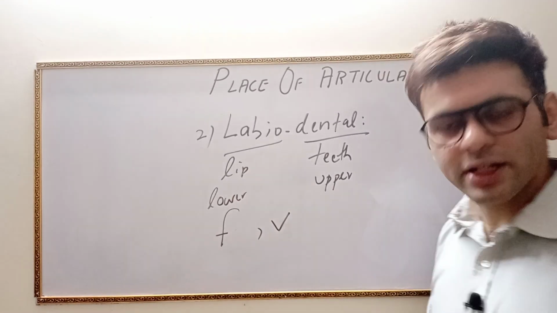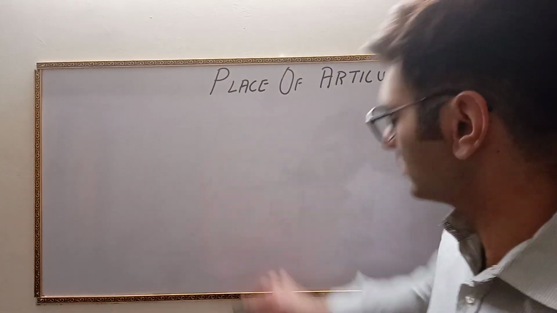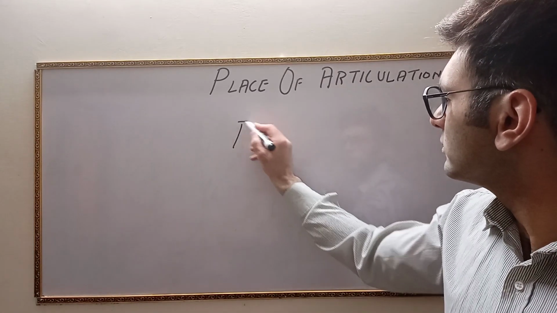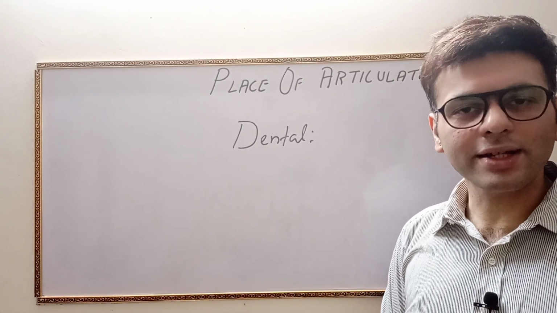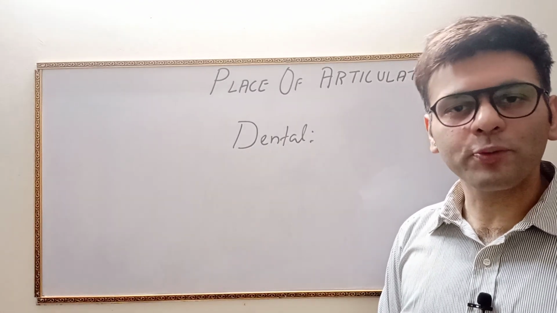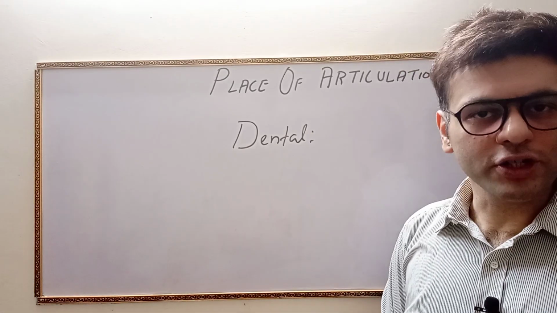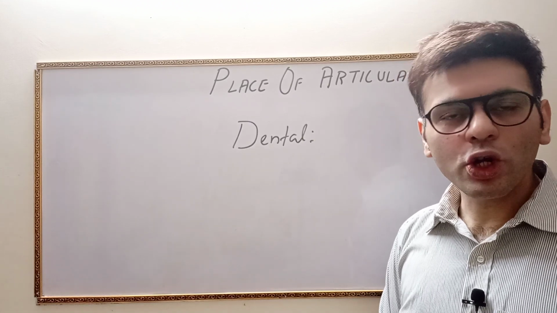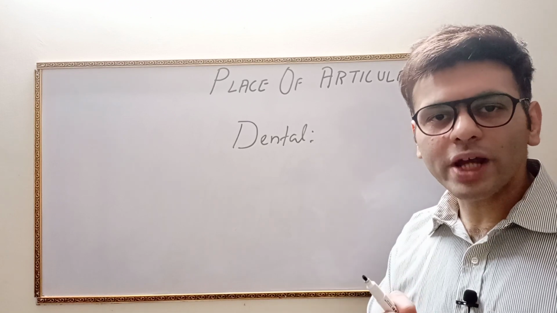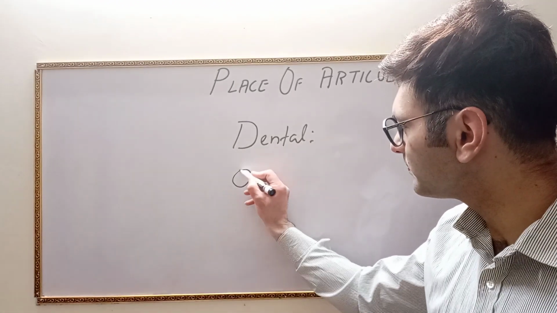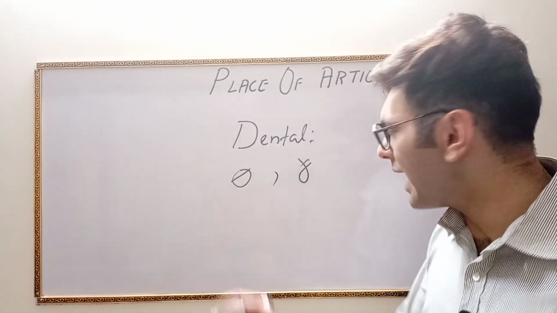Let's jump to the third category. Dental sounds. Now what are dental sounds? Dental sounds are precisely articulated with the help of teeth, lower and upper teeth. Now how are they uttered? When you look at the classification, with the help of the two teeth, we utter two sounds. One is th and the other one is the, like